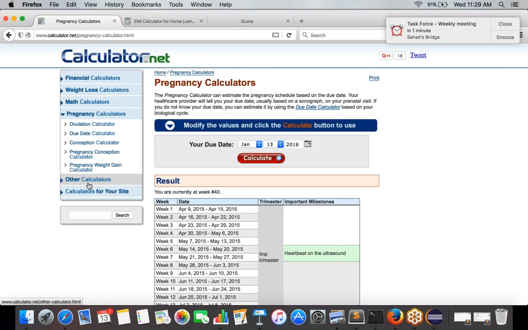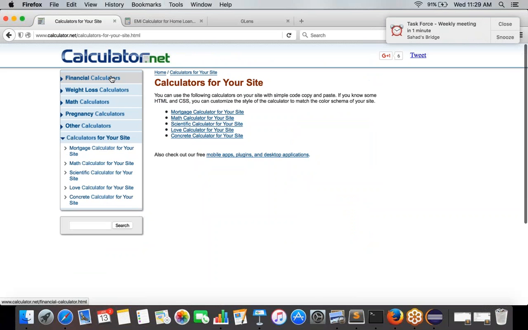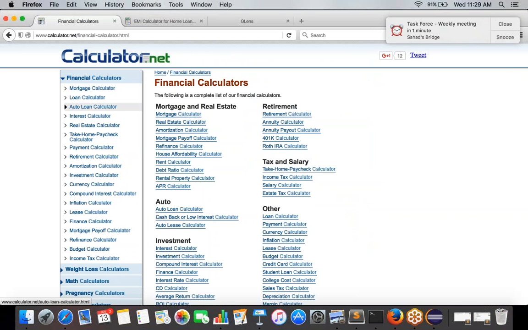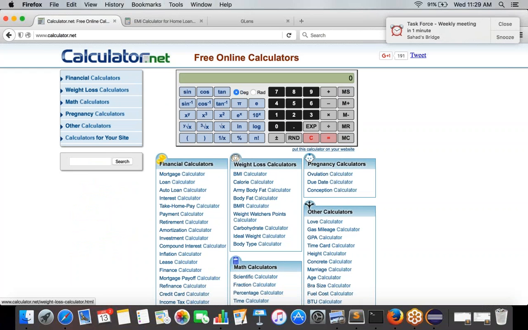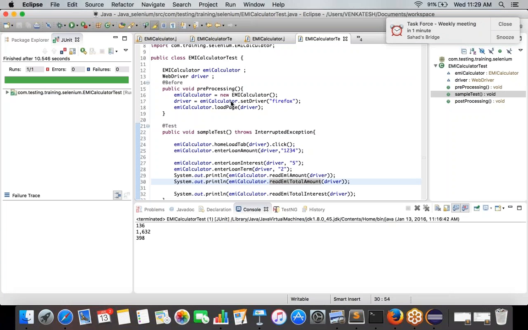So assume that you are actually writing a test case for all these scenarios. This particular project is under development, so it is not completely finished. The developers are developing the whole thing, and you are still writing the test case as and when the developers are finished with one page. Now, if that is the scenario, and if you straight away start writing a test case,